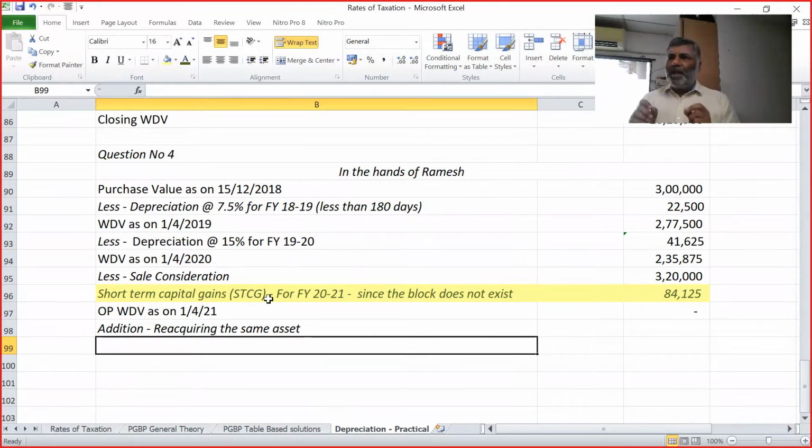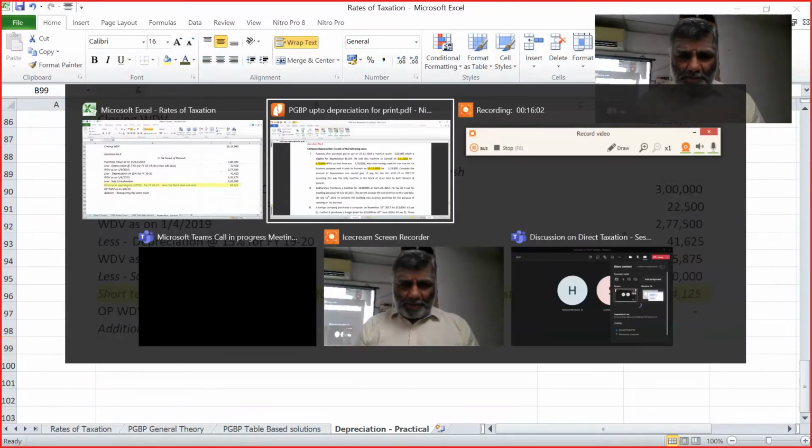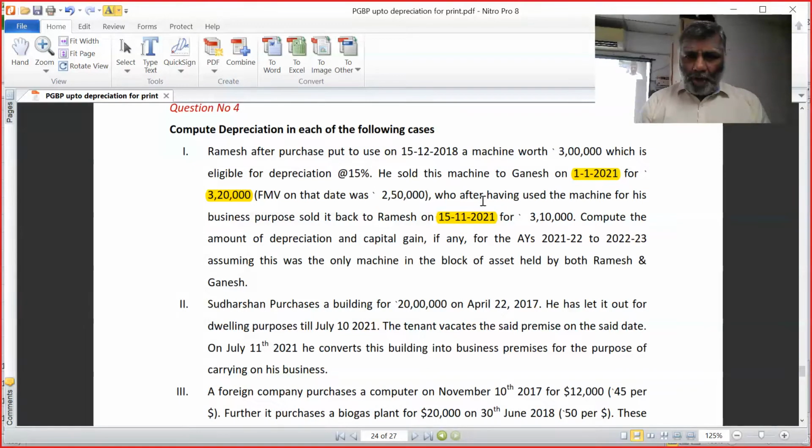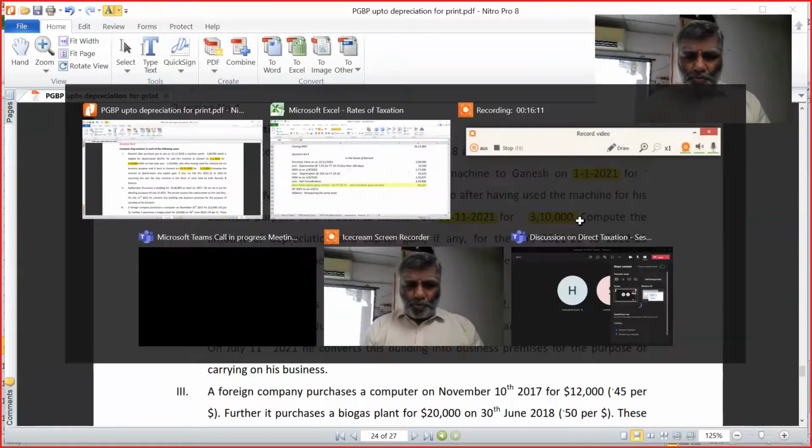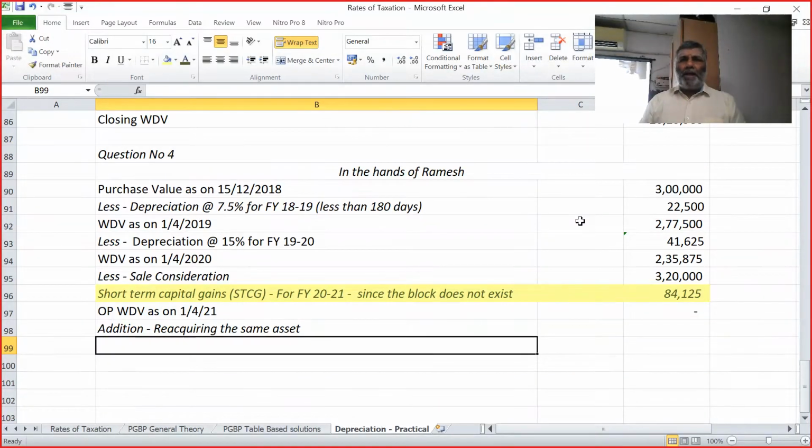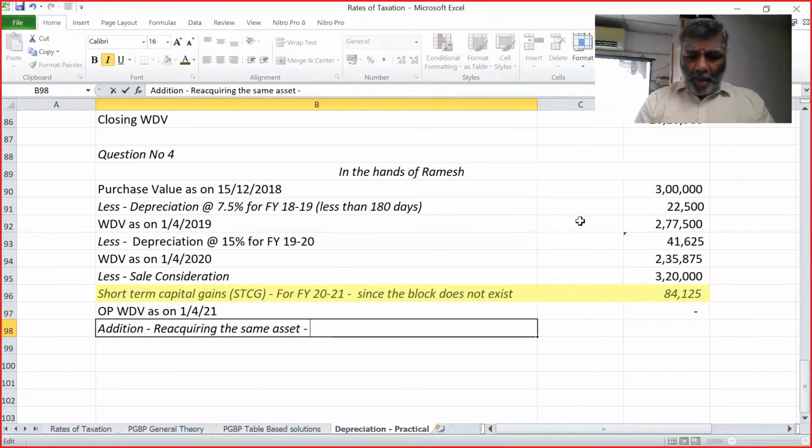Assessee is reacquiring the same asset during the year. The question says that after using the machine, Ganesh sold it back to Ramesh for 3,10,000. According to section 43, subsection 1,